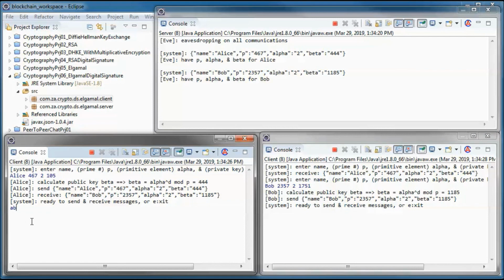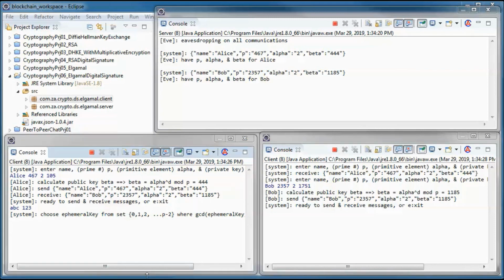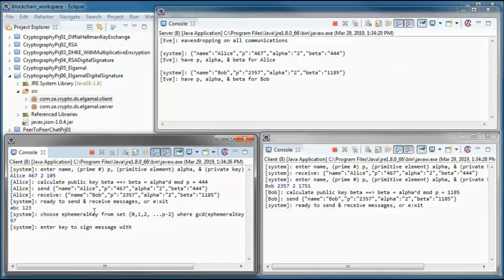And let's say Alice wants to send this message, and she picks this ephemeral key, and let's go with a made up key for now and see what happens.